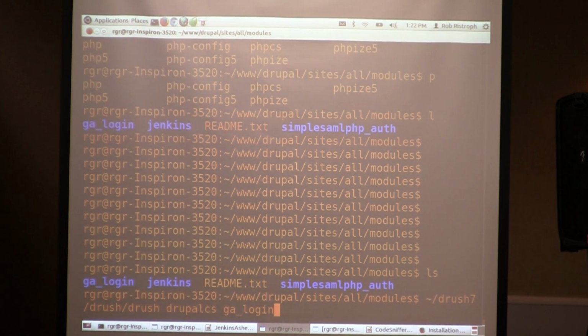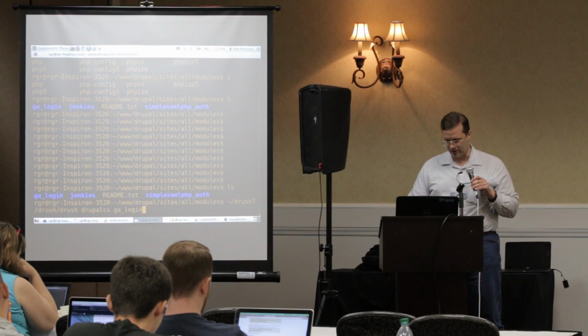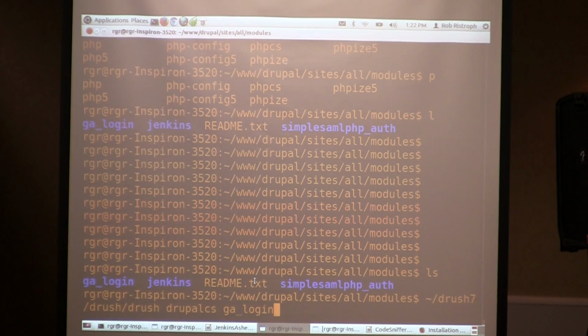Let me back up. The GA login module is a module that allows you to use the Google two-factor authentication to log into a site, so that you log in and then you get a text message and you have to input that to finish logging in. I was looking at adding that to a site, and because it's a login module, you want to scan through that from a security point of view. But the first thing I did is I ran this Drupal CS command,